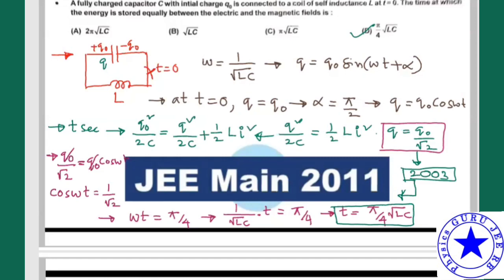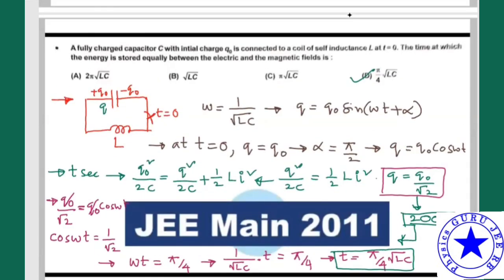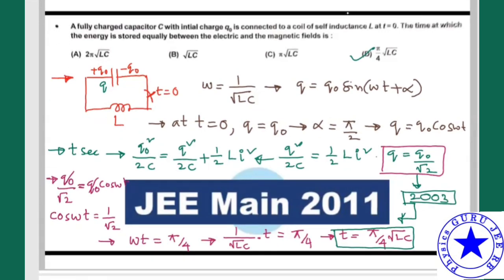Next, moving to the 2012 question. Before starting the 2012 question, hope it is clear till this one. So next class we'll start with 2012 to 2019. Here it will end JEE questions based on AC circuits till 2011. So 2012 we will continue in the next class.